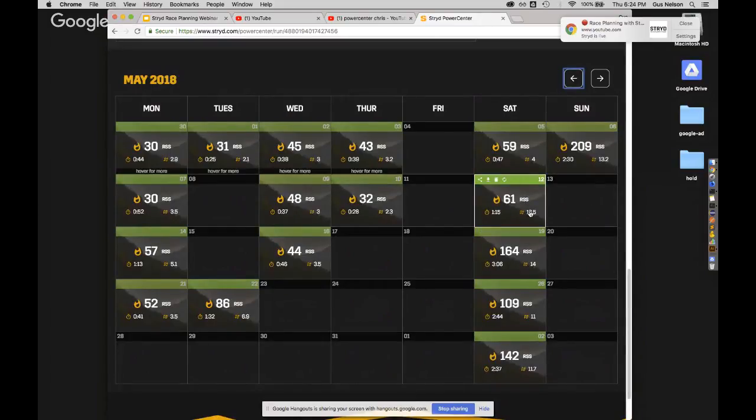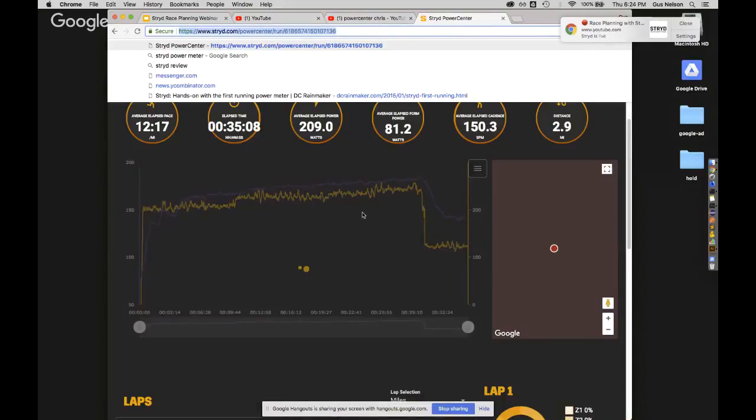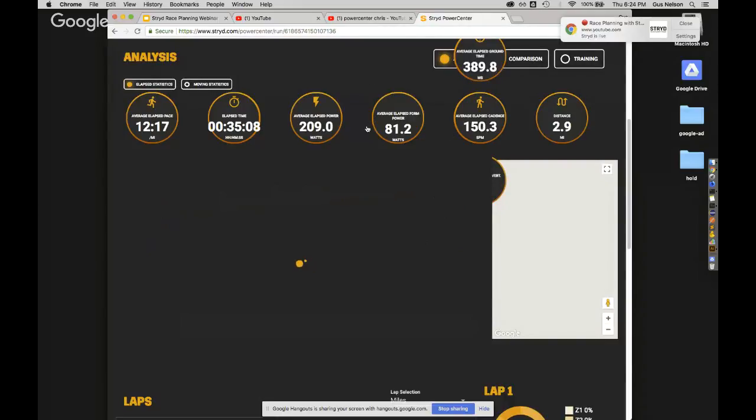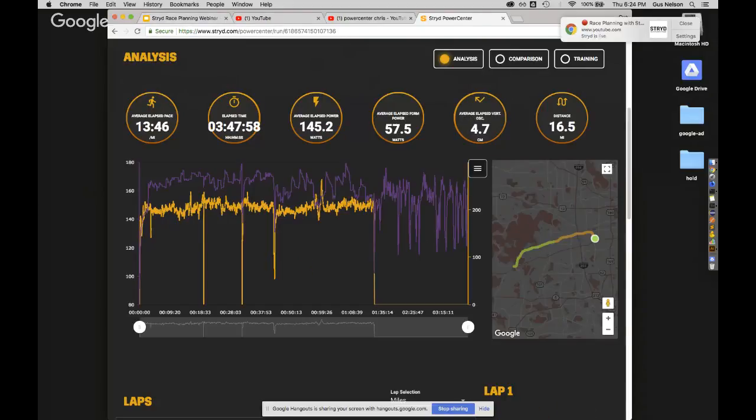So I see a long run of 16.5 here, and we're gonna get that pulled up. And roughly based on our recommendations, the marathon target's going to be at roughly